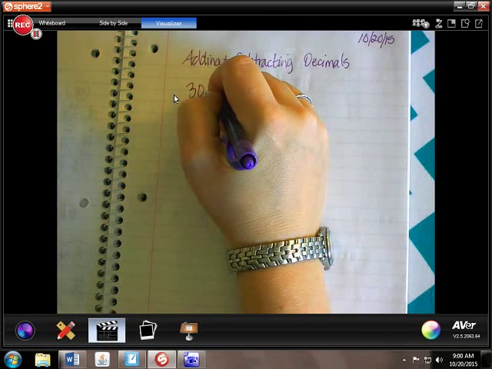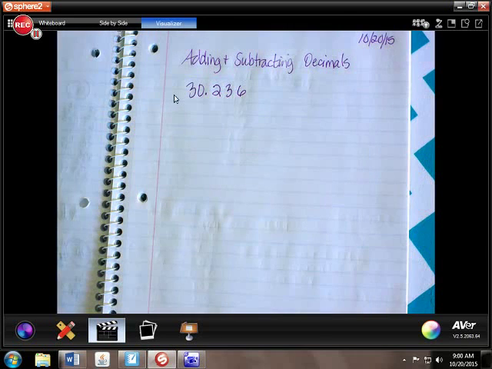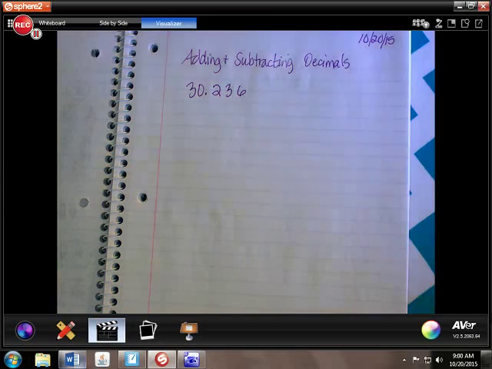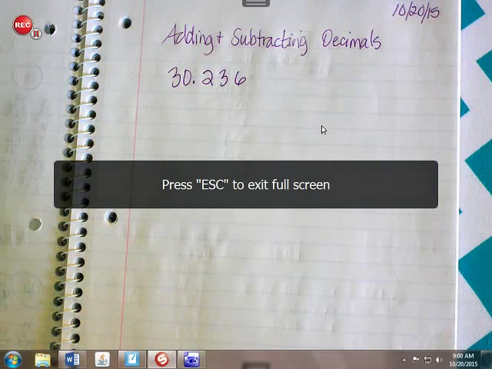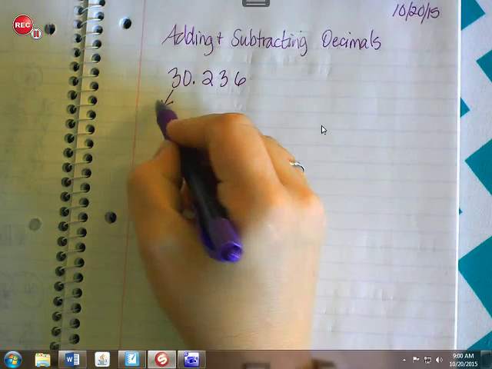So this is probably review for you, but the 2 is in the tenths place. It is not a whole number. The 3 is in the hundredths place. And the 6 is in the thousandths place. And just like with